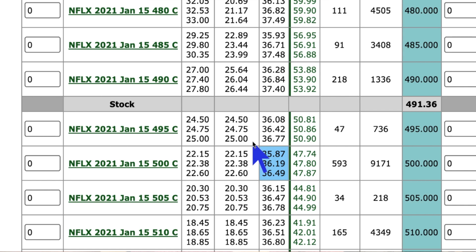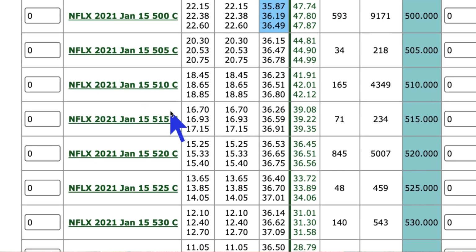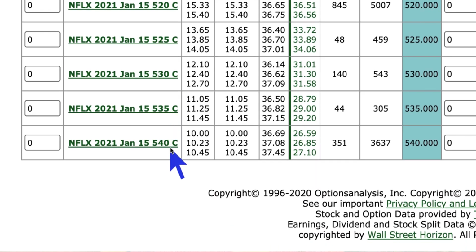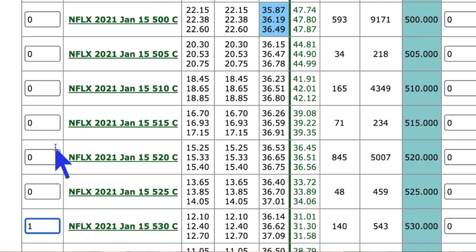So let's just assume right now that today is December 11th and the stock's trading right where it is now. I'll take 490. Let's add 50 to that. That's going to put us all the way out to 540. So 540 is our target. This could be the area we could sell. So I would look to sell at 540. And then maybe what we do is we come down here, and this might be a good example, buying the 530. So we've created a bullish call spread.